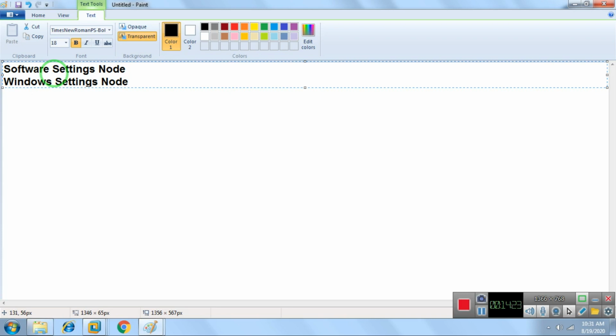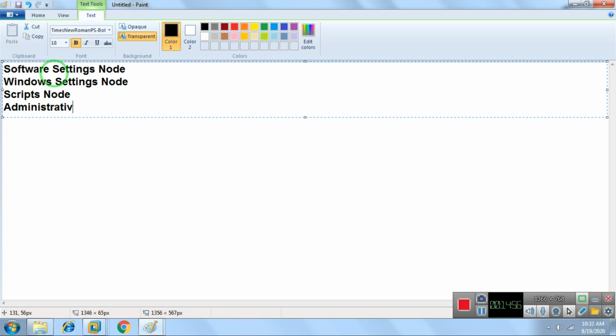Now, I already told you we have a scripts node also in that. With the help of the scripts node we can apply scripts on user accounts and computer accounts. Like imagine I have some finance users, and I want that once any finance user logs on, the calculator automatically opens. So we can use the scripts node for that. We can run the scripts.